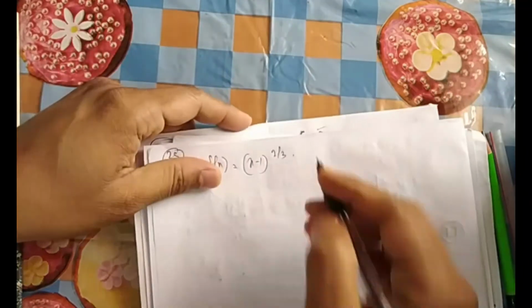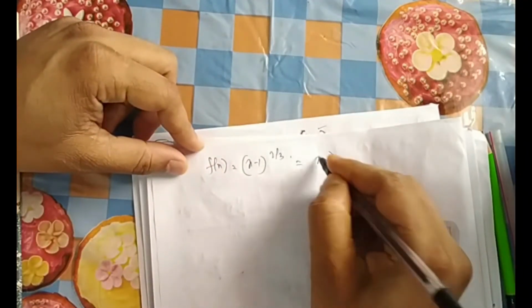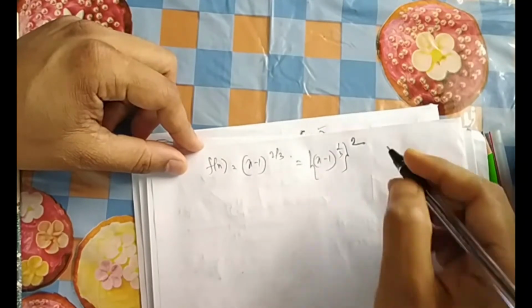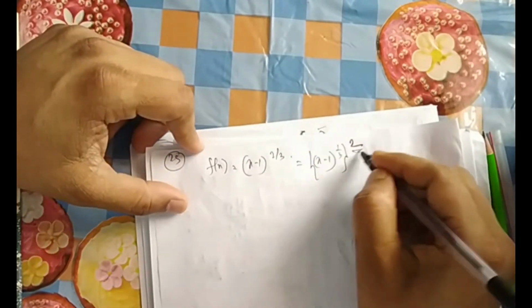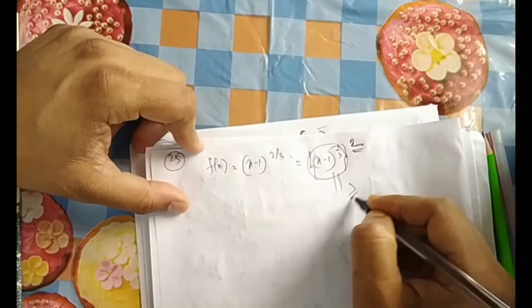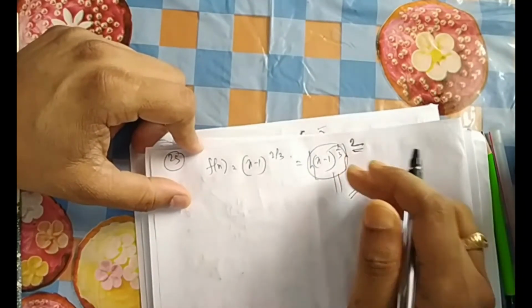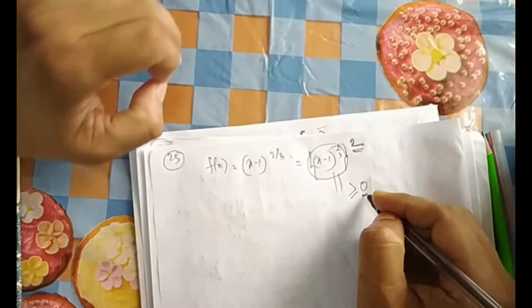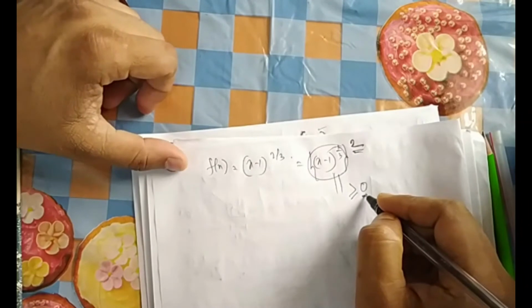But here one thing you can see, it is (x minus 1/3) whole to the power square, we can put. This one we can do. Something square means it will always be positive. What is the minimum value of it? It will always be greater than or equal to 0. At least the minimum it can be is 0.